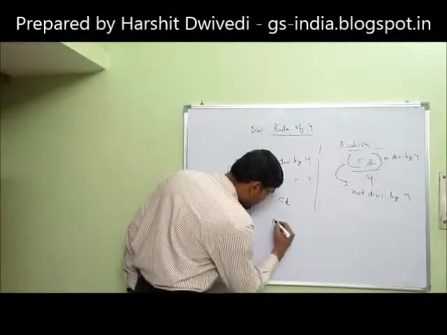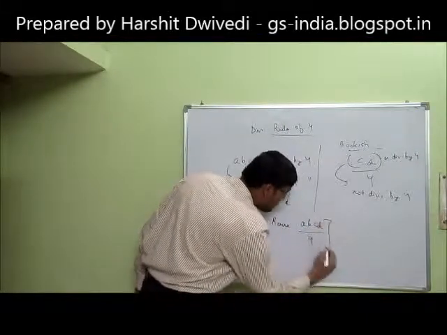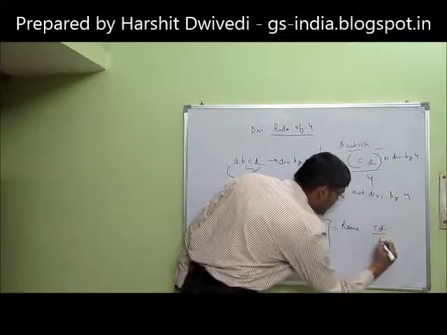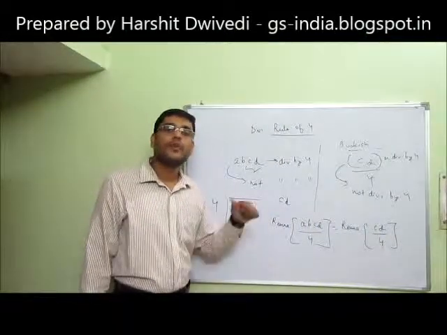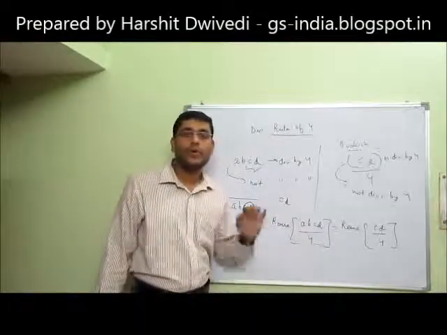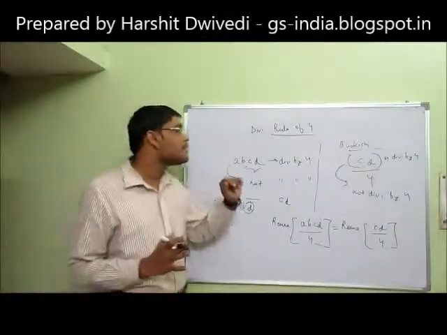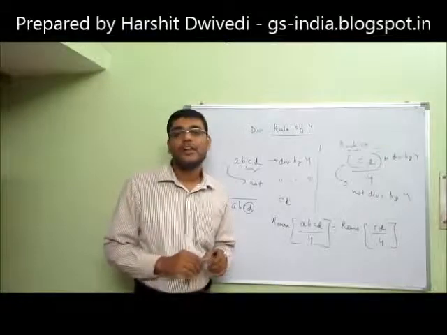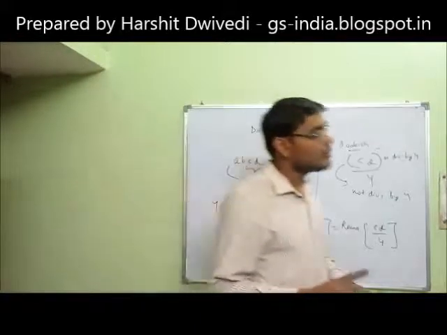That is, the remainder when ABCD is divided by 4 is equal to the remainder when CD is divided by 4. These two are basically the same thing. That is, it goes the same for the 4-digit number and for the last two digits, C and D. This is the whole point here. I hope this much is clear to you. Now, after telling you this much, I am going to tell you why this rule is applicable. That is, why only by checking the last two digits I am able to conclude the divisibility of the whole number. So in order to look at that thing,